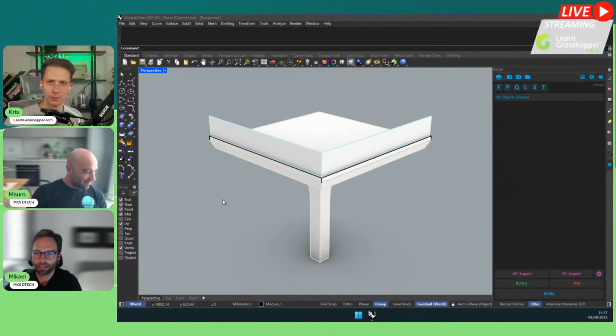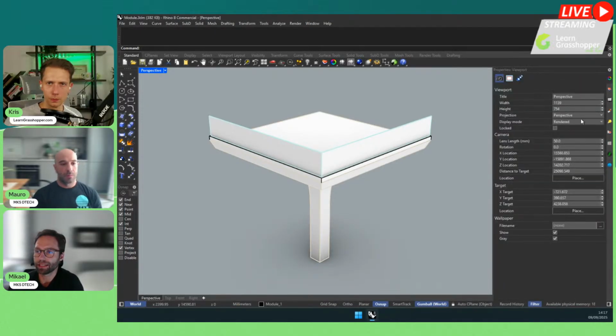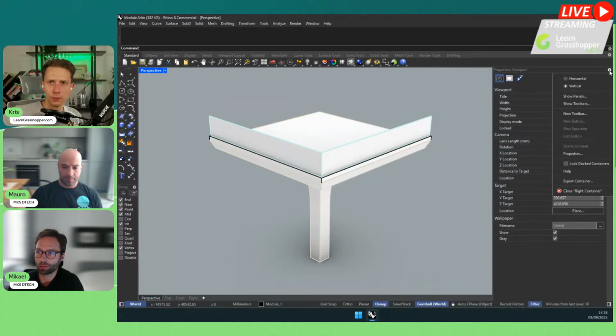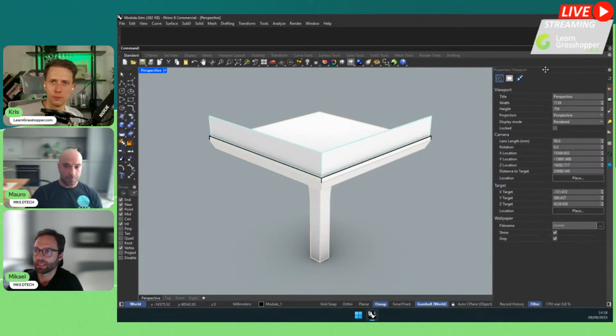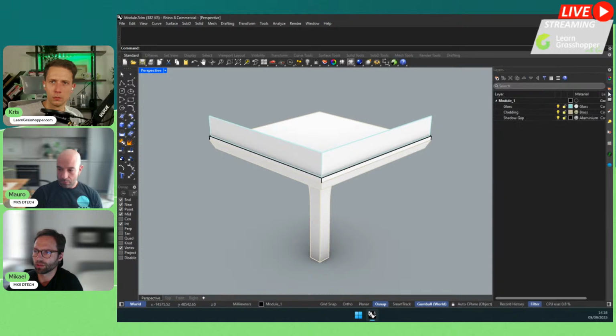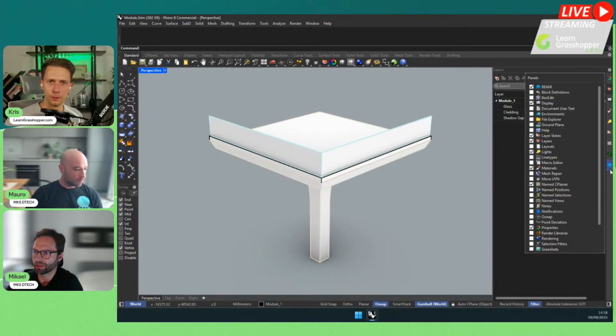Yes, so as you can see, I have Rhino open and I have my Beam panel visible. As you install Beam, the Beam panel might be hidden in the Layers and other utilities tabs. If you cannot find the panel, you can always go to the option wheel, press show panels, and then Beam will be the first one probably because it's in alphabetical order, but you just click it and it will appear. You can also click on an empty space on the tab here and be able to show it.